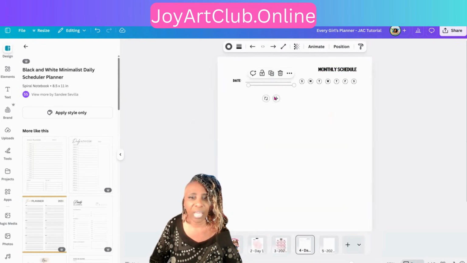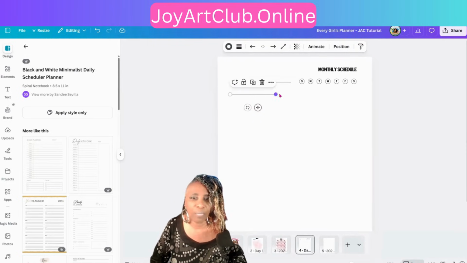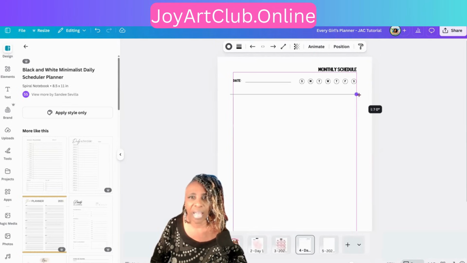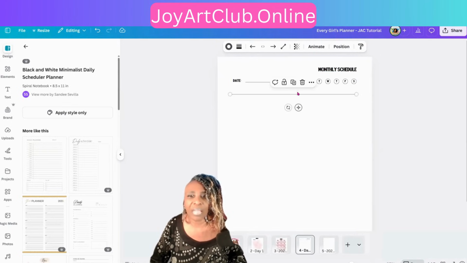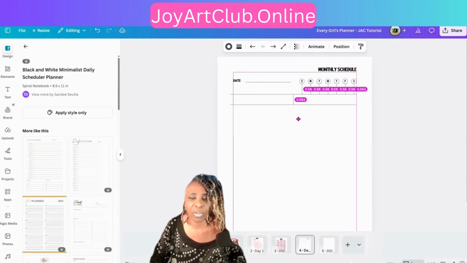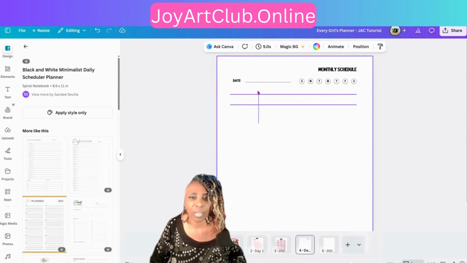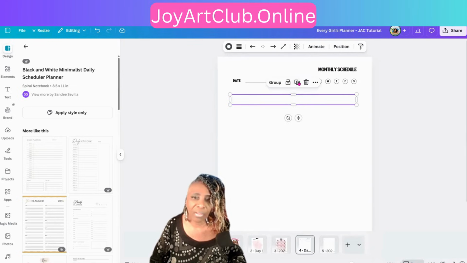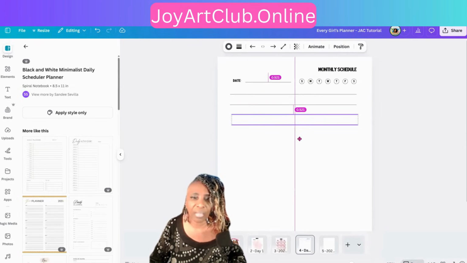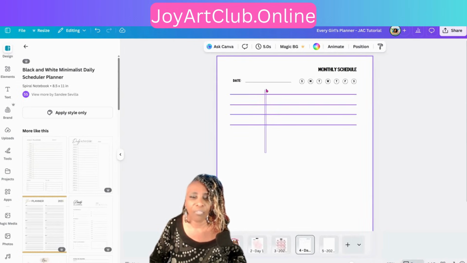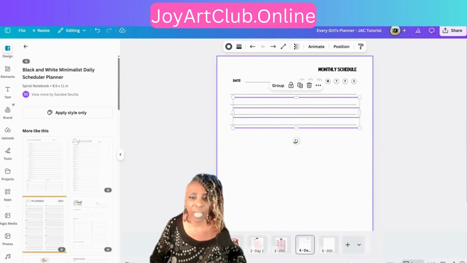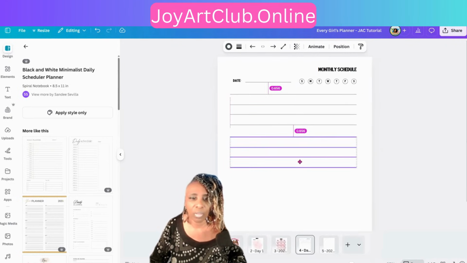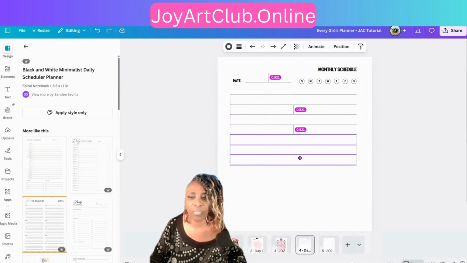We're going to duplicate this. I'm going to hold the shift key and extend it out. Holding the shift key keeps the line straight. So now let's duplicate it. Move it over so they're even. I'm going to grab both of them with my mouse. I'm going to duplicate it again. Now I'm going to grab all 4, duplicate those, pull those down,